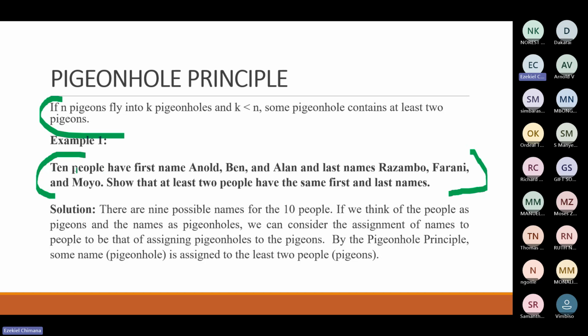So we have 10 people with those first names and last names, and you are supposed to show that at least 2 people